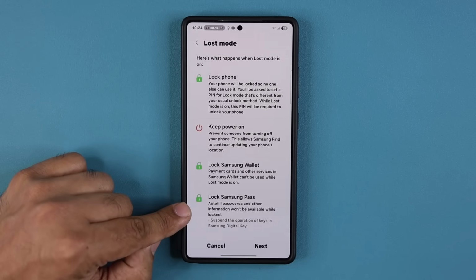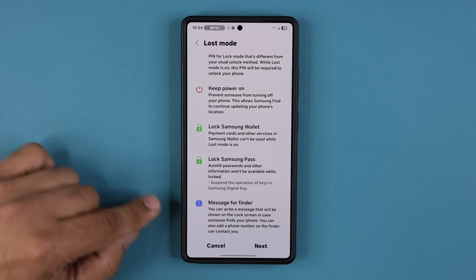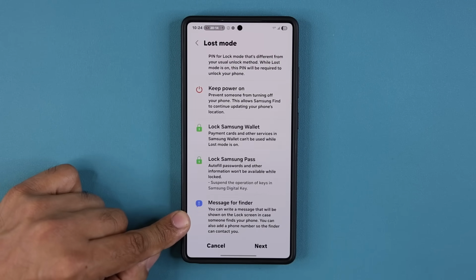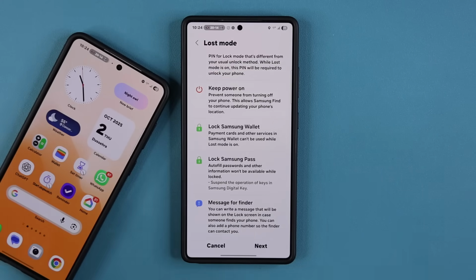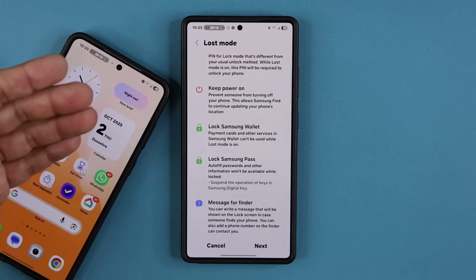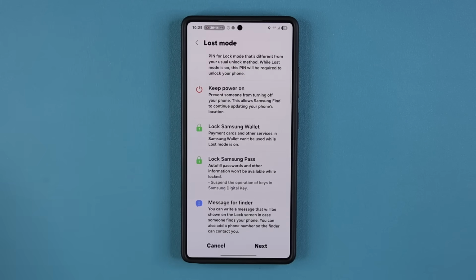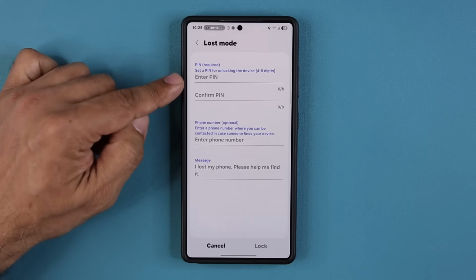And I can lock my Samsung Pass, which holds many of your passwords. And of course, I can send a message to the finder of the phone. So if somebody that is not a thief just found this phone, I can send them a message from my interface here, so maybe they can give me a call and return the phone to me. Alrighty? So I'm going to tap on Next, and as soon as you tap on Next, you are able to